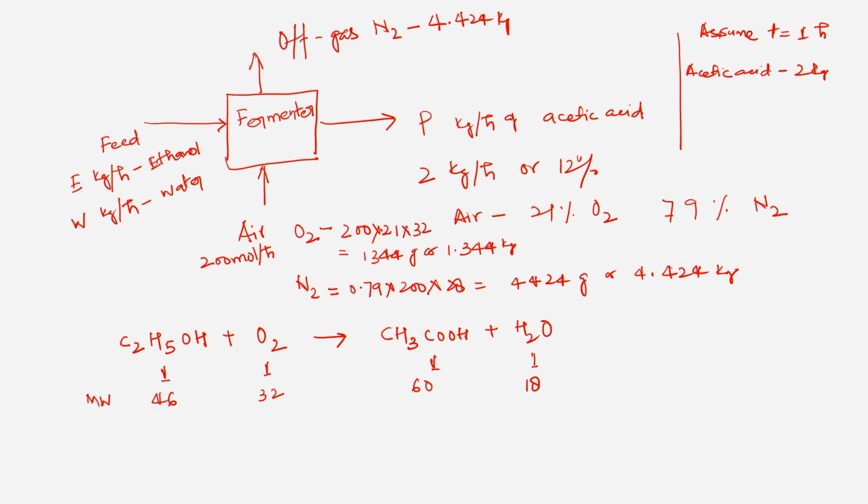If I convert this acetic acid into moles, we have 2000 divided by 60, and this equals 33.33 moles, or 3.333 into 10 to the power minus 2